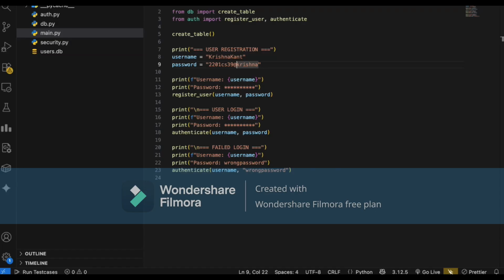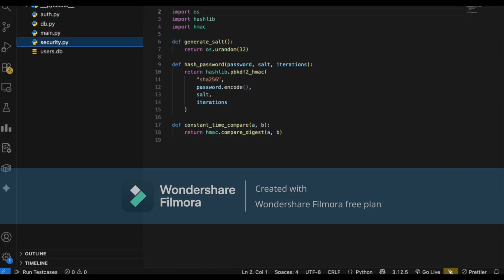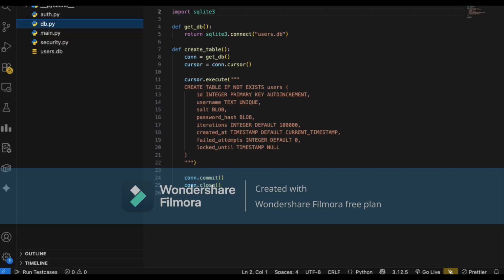Let me first explain the project structure. The project mainly consists of a main Python file, which is the entry point of the application, an authentication Python file that handles user registration and authentication, a security module that implements the cryptographic operations like hashing and comparison, and a database module that manages the database schemas and the queries. And once we run the main.py file,